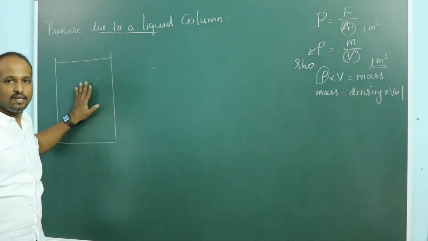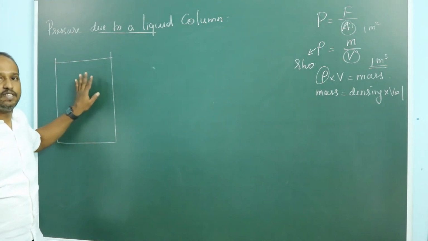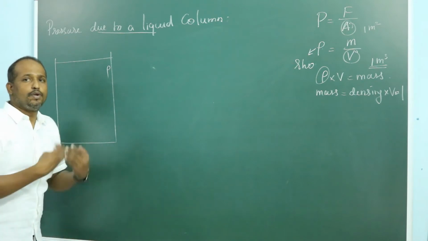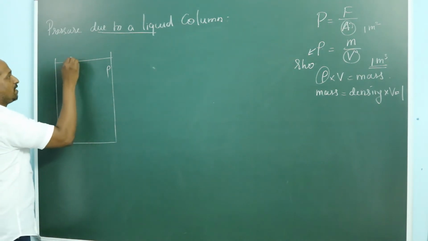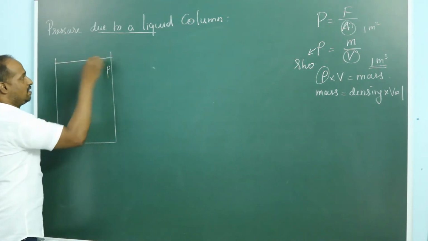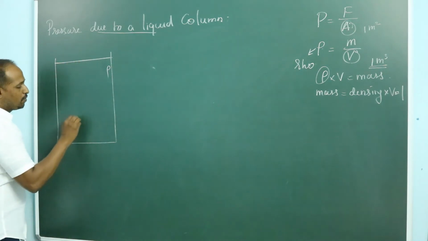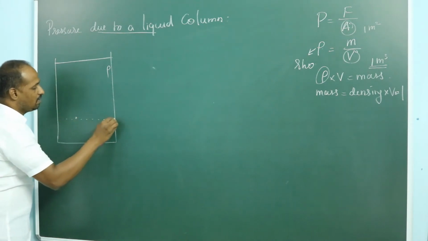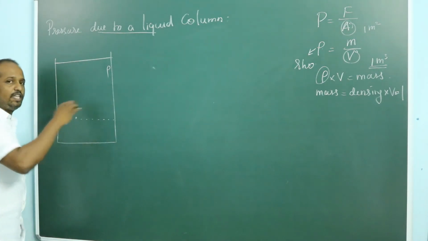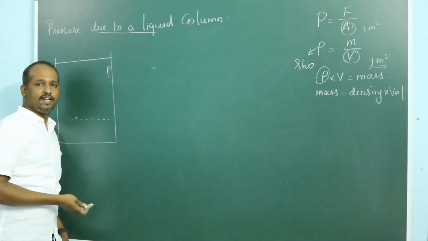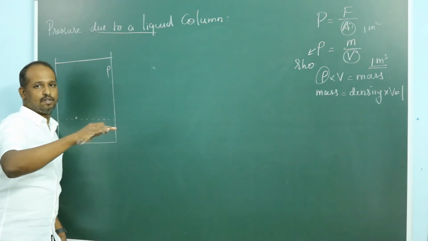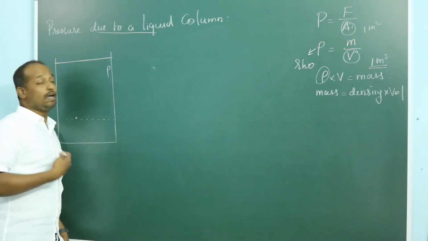Suppose you have a tank. In the tank you fill it with a liquid, and the density of the liquid is rho. This is the top surface of the liquid. From here, you consider a point here. At this point, what is the pressure? At all points here, since they are at the same depth, they all have the same pressure. That's what we studied: pressure at a particular depth is the same. That we know experimentally, so empirically.